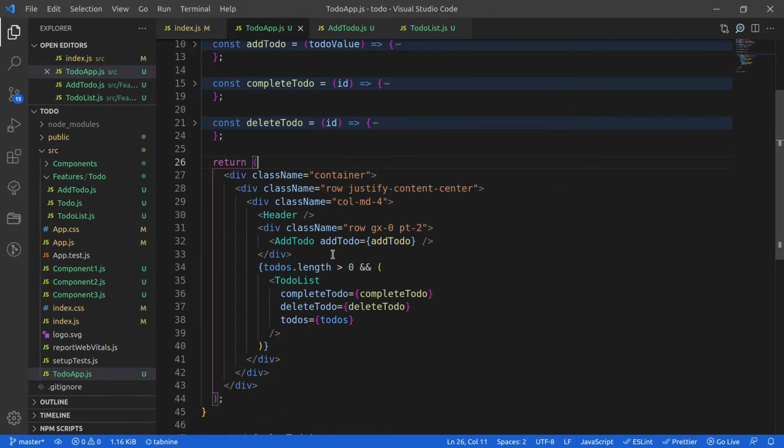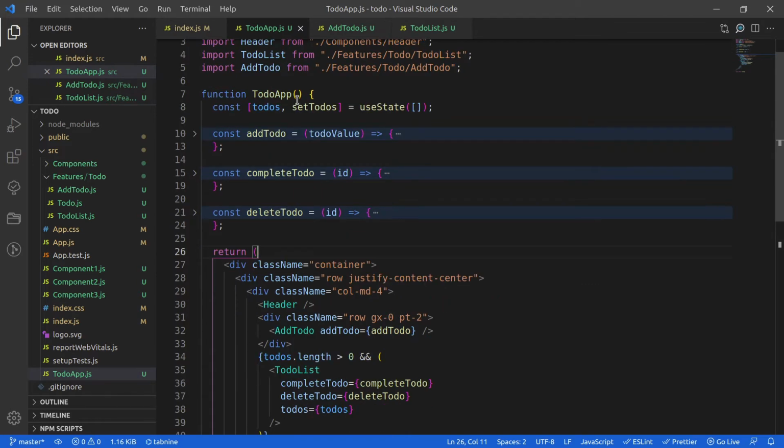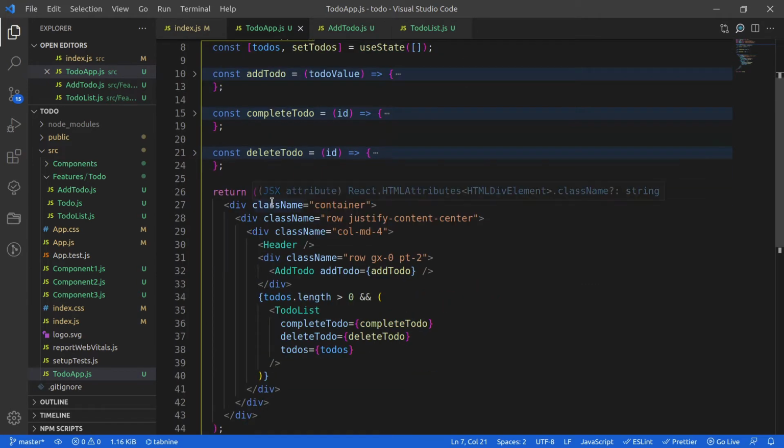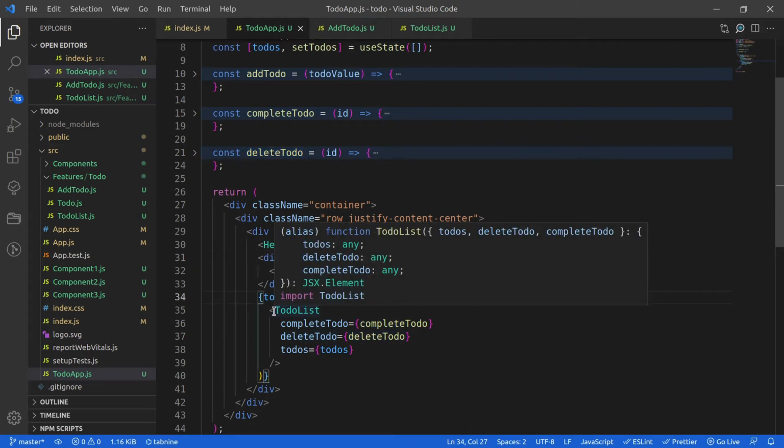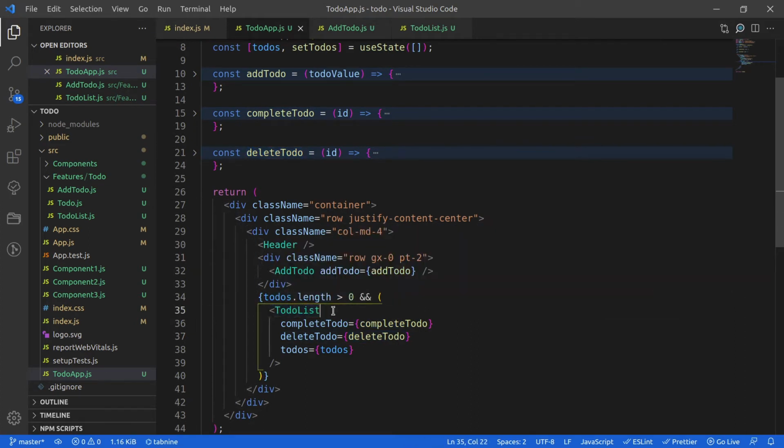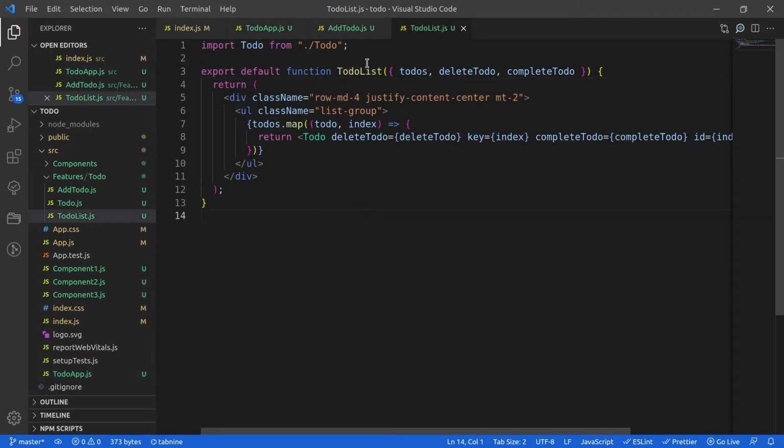So guys, as you can see in this application, there is a to-do app, and for complete and delete to-do, I am passing it to the to-do list component, right? And if you open this to-do list component, you can see that it is further calling the to-do component, and here I am further passing delete to-do and complete to-do as a prop, right?